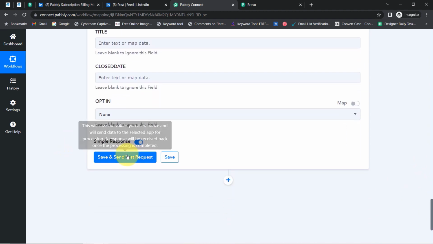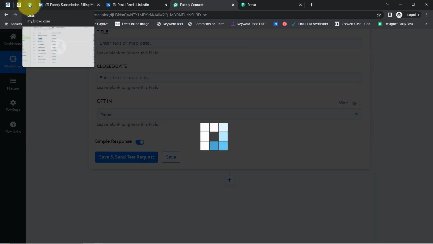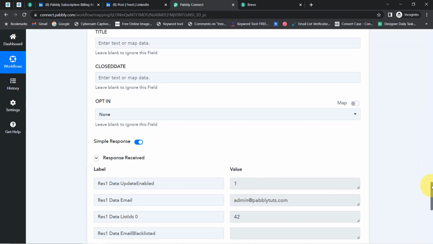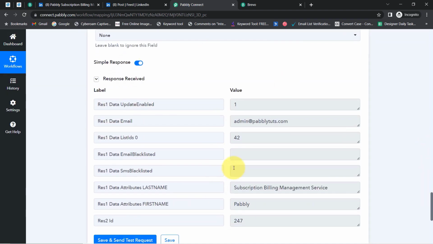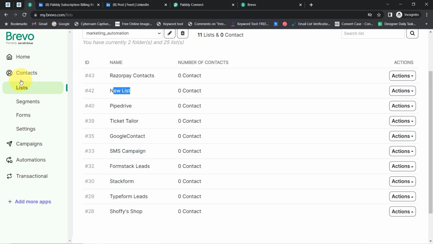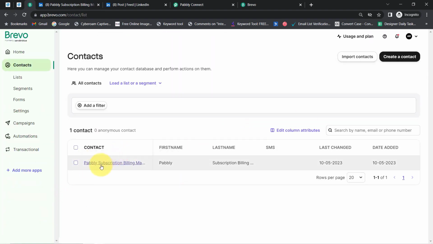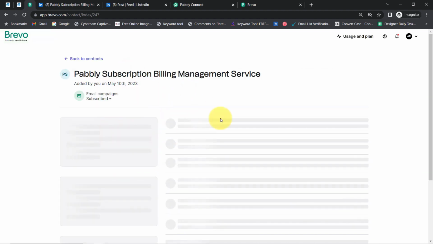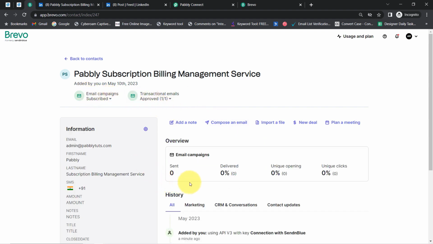Now I am going to click on the save and send test request button, and you will notice a new contact will be created automatically in SendinBlue application, in Brevo application. Here you can notice the response is received, and this response is positive. So this is the list name. Let me check the contact section, and here you can see the contact has been created automatically. Here you can see today's date. Here we have the first name as Pabbly, last name as subscription billing management service. And if I open this particular contact, you will notice the same email address,